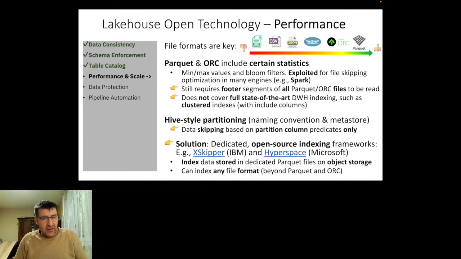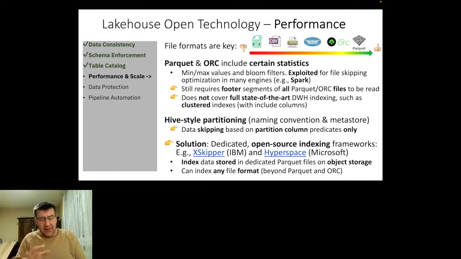Another thing that evolved is the so-called Hive-style partitioning, which is just a naming convention for how you lay out file names and directory structure on data lakes. This is also adopted by many engines to do data skipping based on those names that delineate what is a partition and what it contains. But this means you can only skip on these partition columns; if you have predicates on other columns, you can't do any data skipping. The solution for that is to introduce dedicated indexing frameworks on top of all of that,